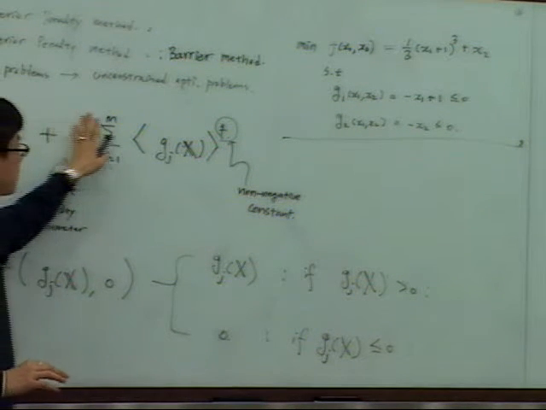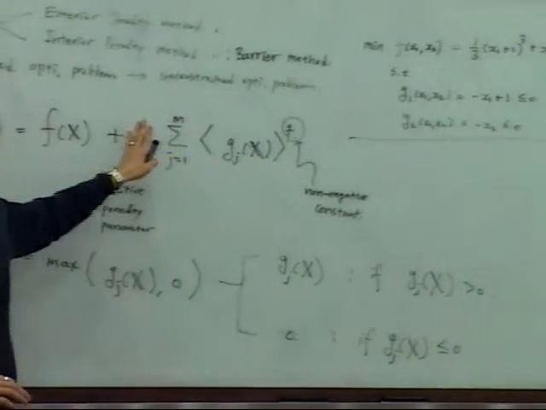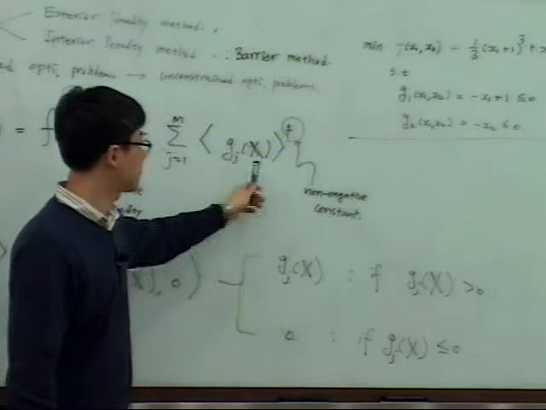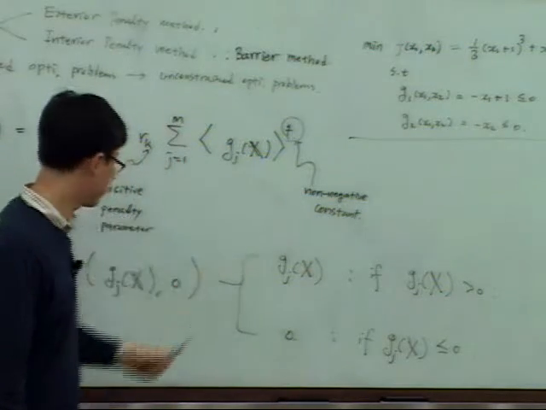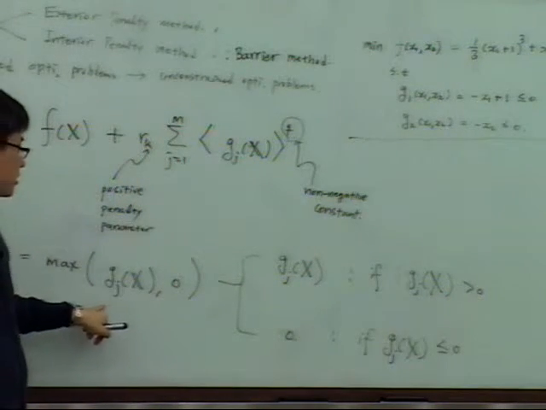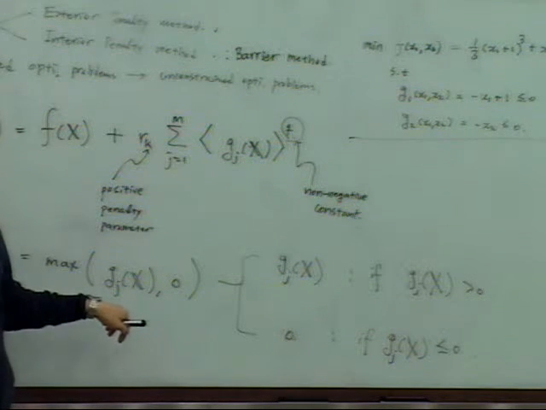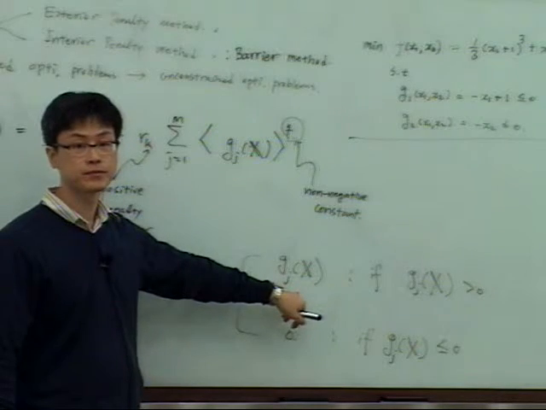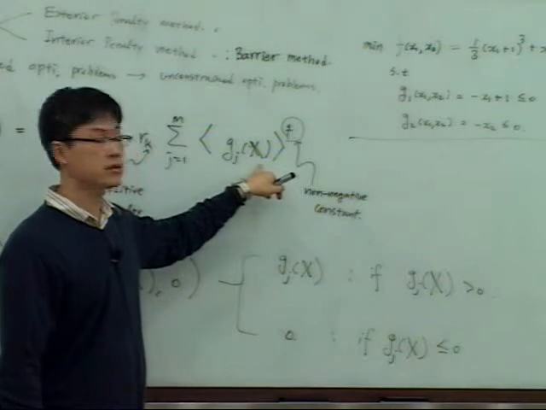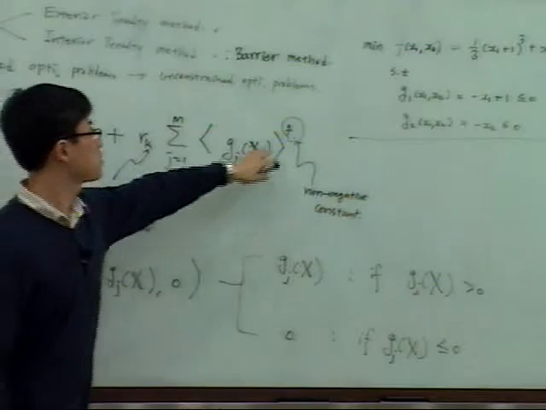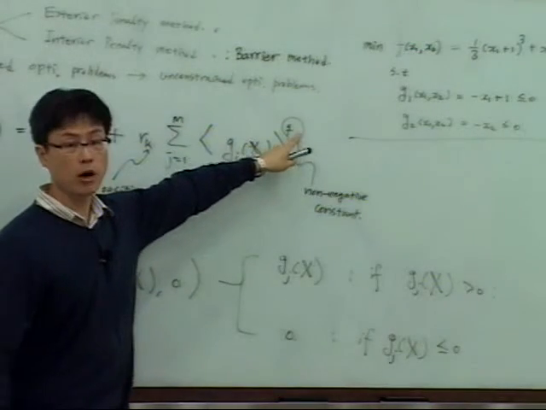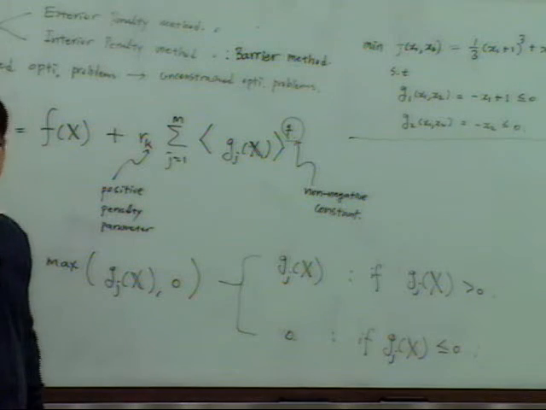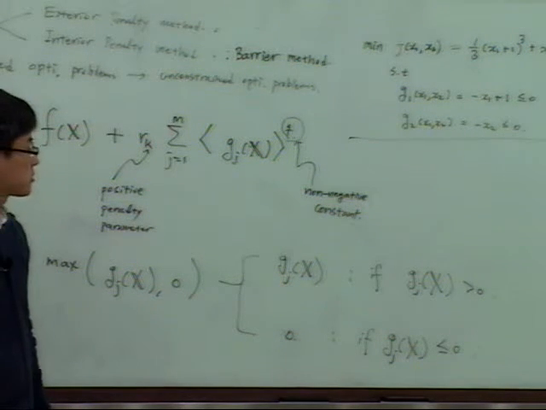So you don't have to consider this part for the g1, right? But if at your specific point x, your g sub j is greater than 0, then it will return the function value. So there is some value, powered to the q and multiplied by this positive penalty parameter, which means